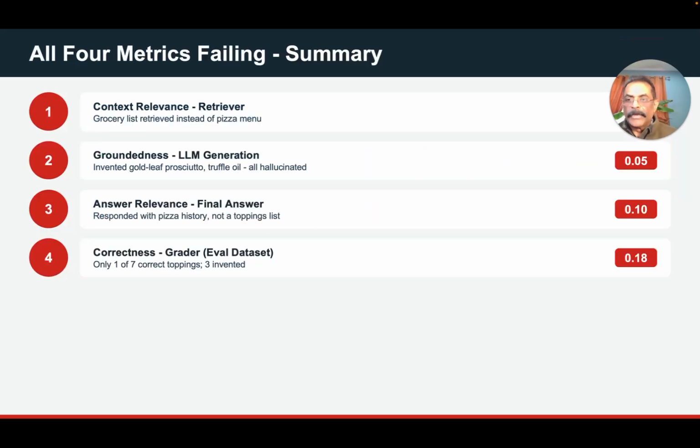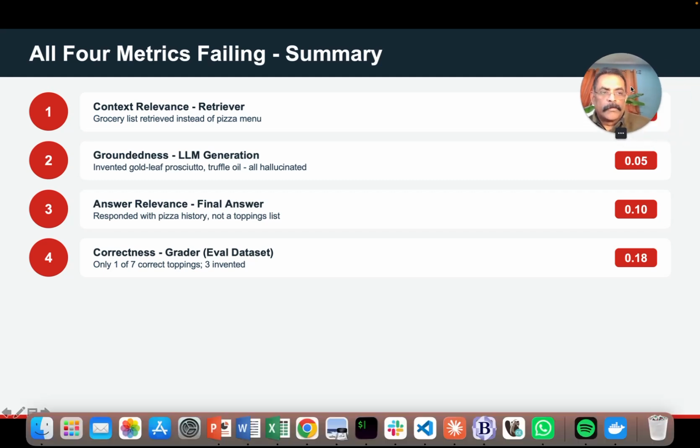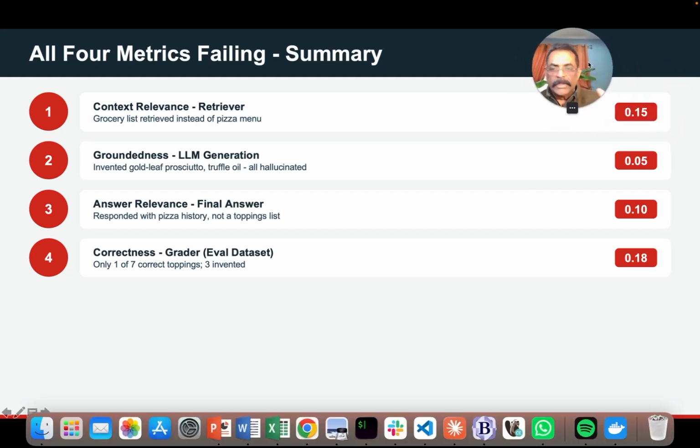Okay, so context relevance, retriever, right, and retrieval, all these values are low. Groundedness: LLM generated, LLM hallucinated, and the final answer is bad. And then we compare the final answer with the ground truth, and then even evolve the data set. So now once we have this, what we need to do is,